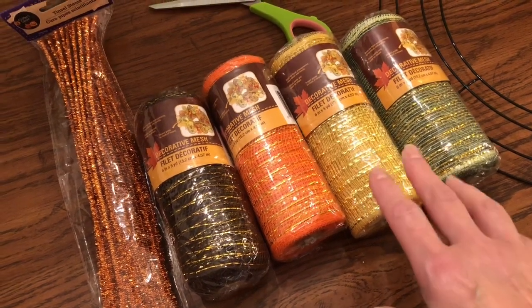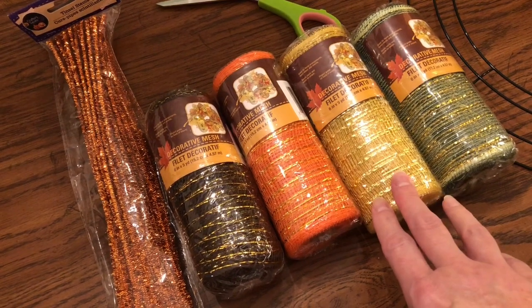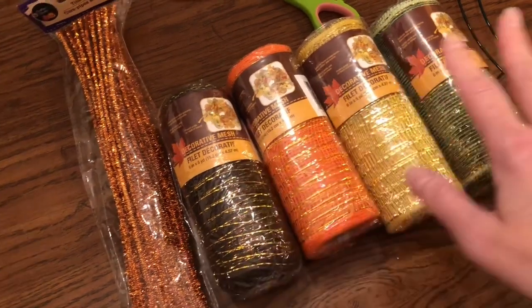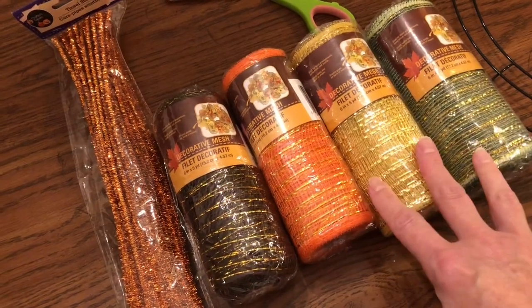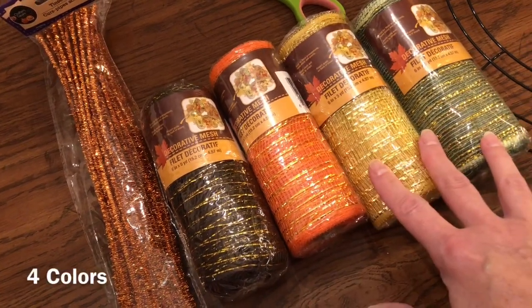And I think I had bought it because I was going to make me one last year, but after I had finished making everybody else one, I just didn't have time to make myself one, so I kept it. But I'm using 4 of these. You can certainly use 2, 3, however many, but you're probably going to want to have at least 9 rolls